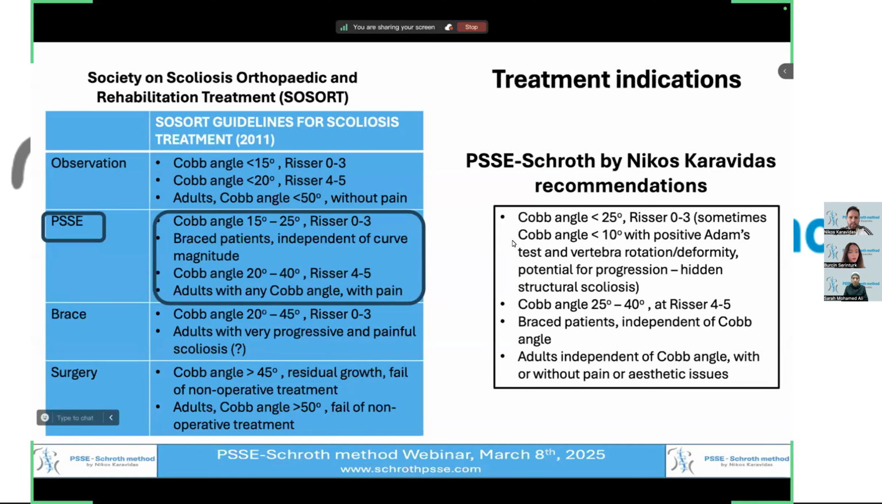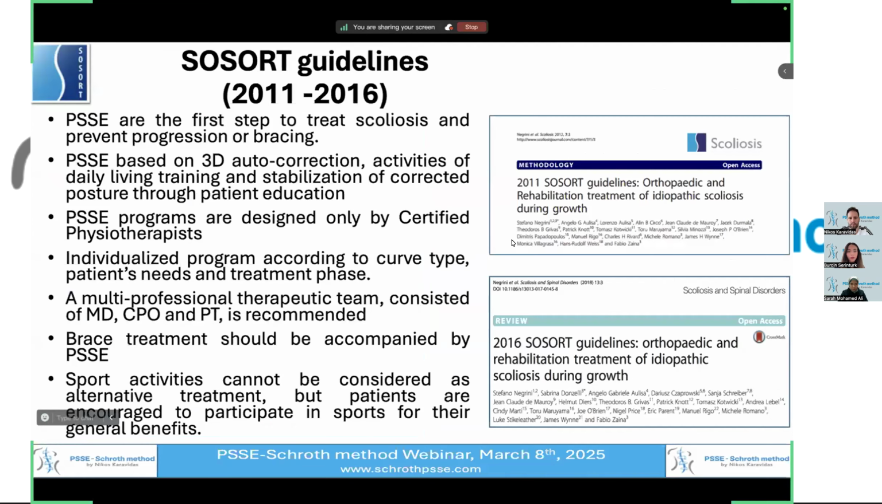Nikos recommends scoliosis-specific exercise for scoliosis with a Cobb angle even less than 50 degrees or 10 degrees if our patient has positive Adam test that indicates us a hump on one side, so it may suggest potential progression. We can work also with adults these exercises regardless of the pain because we can improve aesthetic or we can stop progression. So what is